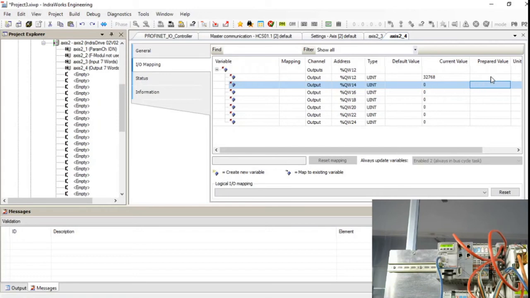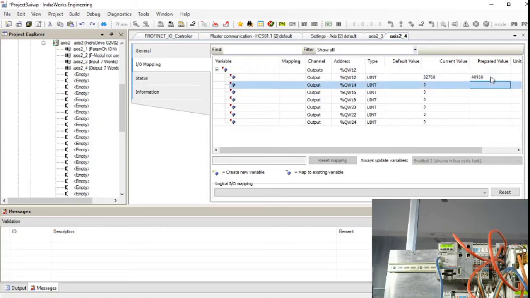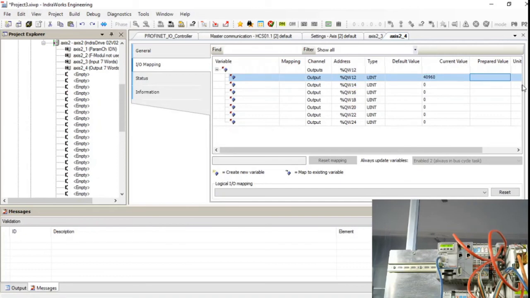Next, for changing this to AF mode, I give 16 as A000, enter, control F7. Now it changes to AF.